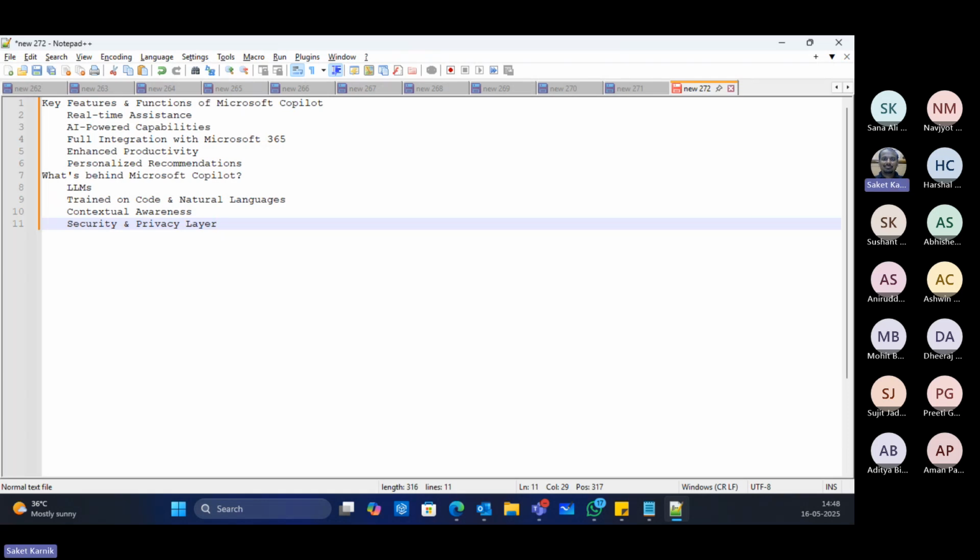If it is more of a business secret, then definitely this is not something which can be afforded. So in such cases, what we want is some control, like what kind of submission can go, or whether submission is allowed at all or not. What are the suggestions I'm looking for? The entire engine must be working on my local machine only, or am I supposed to submit this code to some third-party engine, the Copilot engine basically available on the cloud, and get the things processed over there?